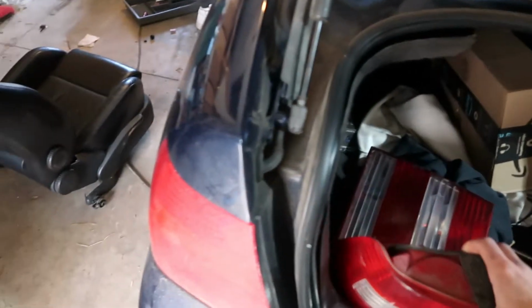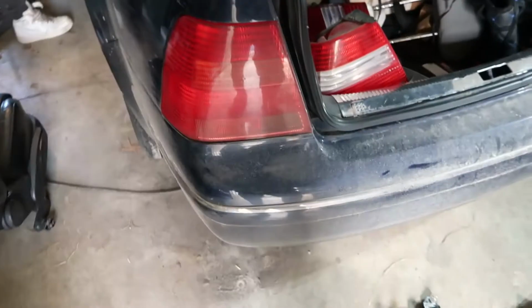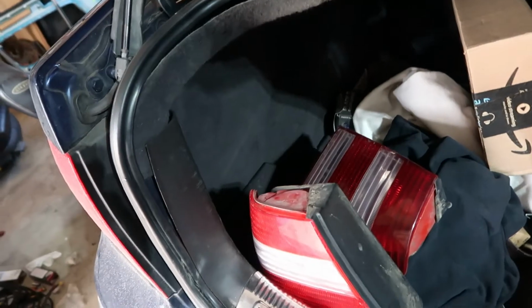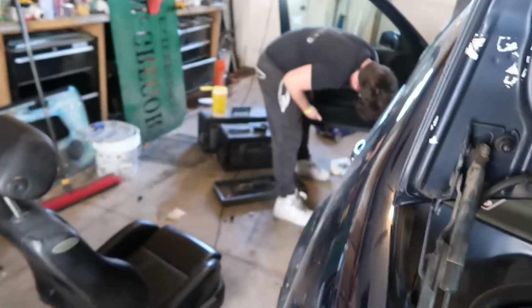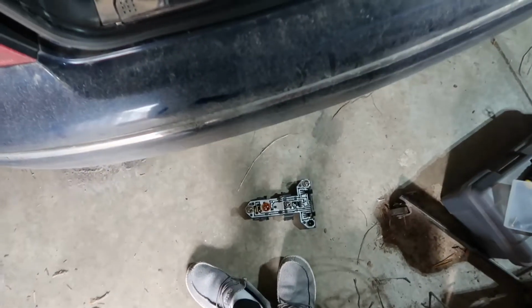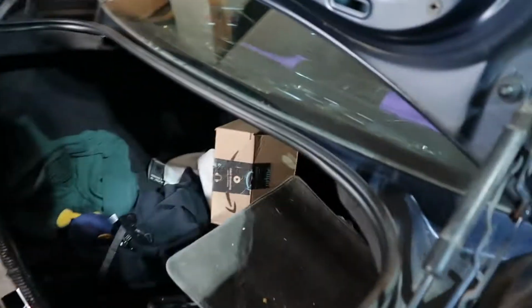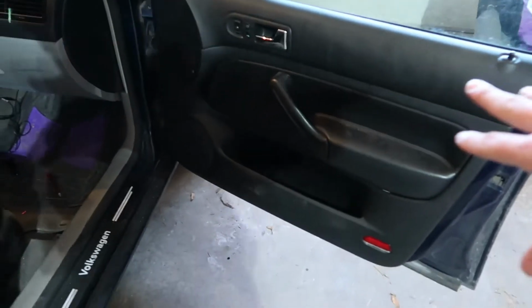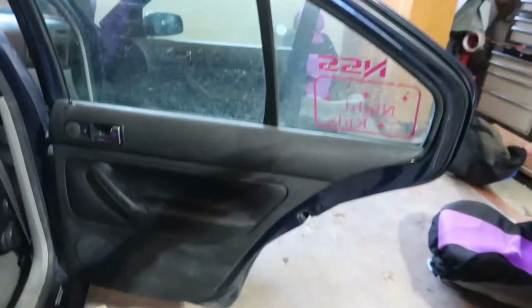Well, yeah, I'm gonna start installing these. On the parts car, I just ripped out the interior. On this one, I'm gonna have to be a little more careful because we gotta reuse this interior. So yeah, I'm gonna get started on that. We're not gonna put the taillights in because you gotta take the whole trunk carpet out to get to the screws, so instead I helped them with the door panels. So we got this one in. It looks super nice with the new black. We got this one in, and